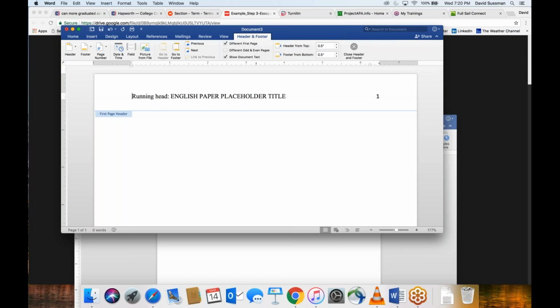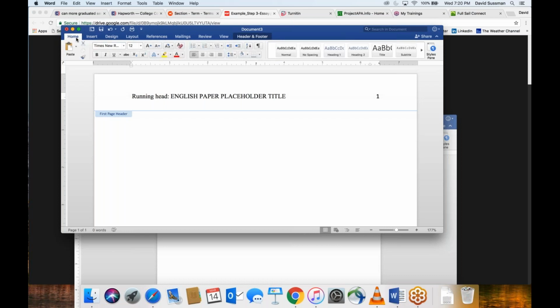But anyway, our header is in place, so we can just click out of here. Or in theory, I should be able to click out of here. This new version of Word kind of drives me crazy because it used to be I could just click out of